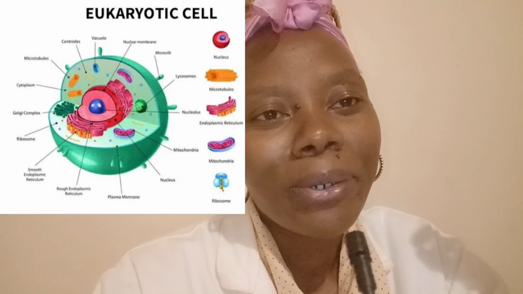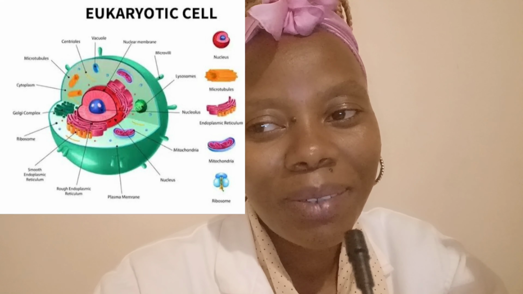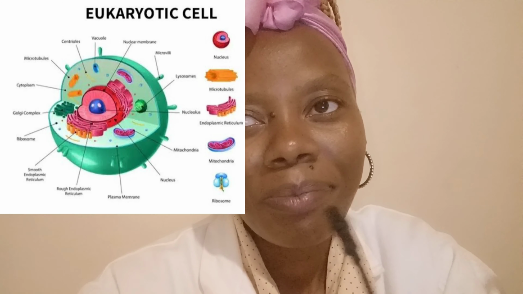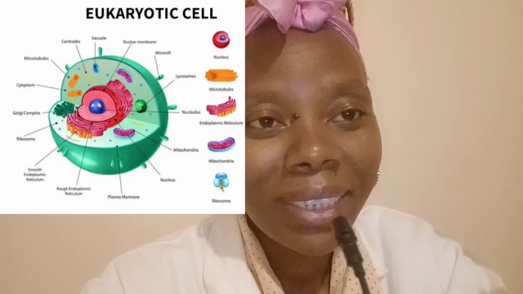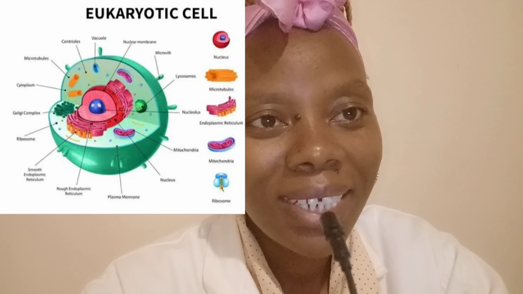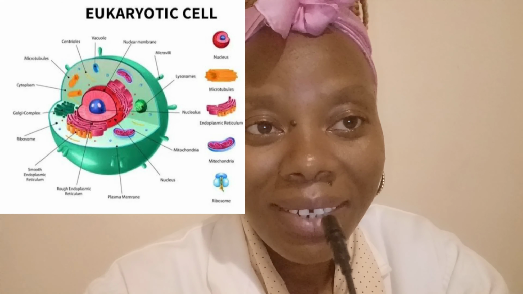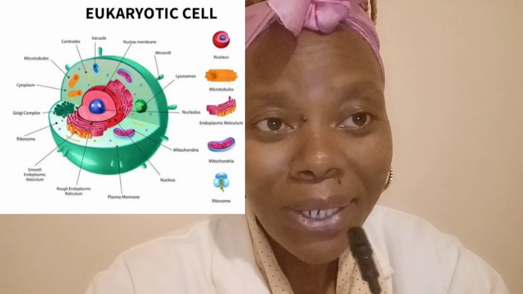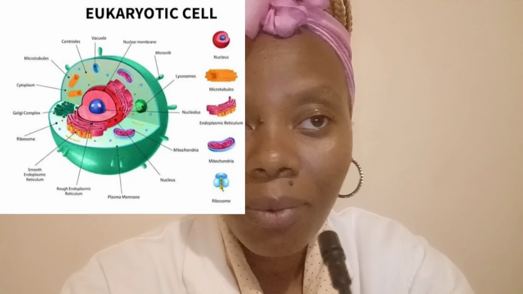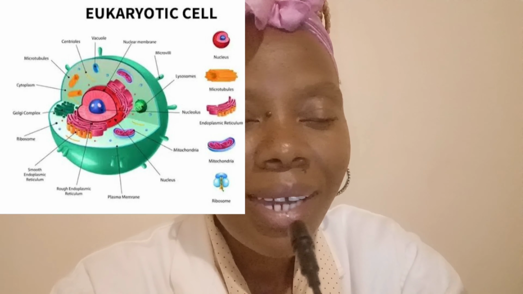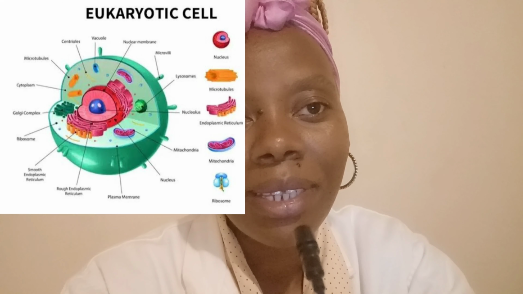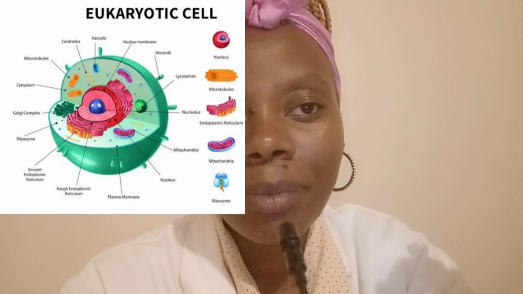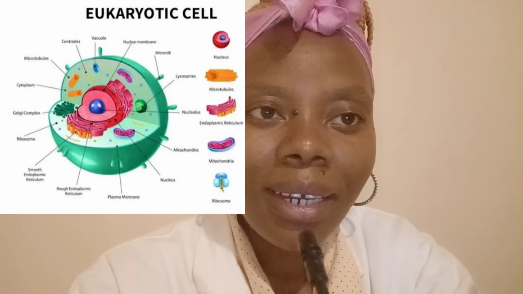And then the prokaryotic cells, as I told you, do not have a defined nucleus, and those are found in the bacteria and the archaea. Kingdom Archaea have a prokaryotic nucleus. Plant cells have a cell wall, and animal cells have no cell wall. That is something very commonly known about the difference between a plant cell and an animal cell.